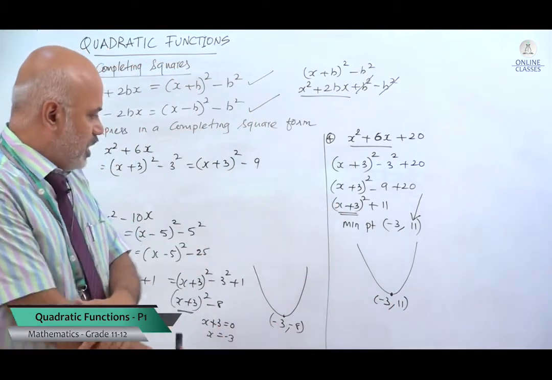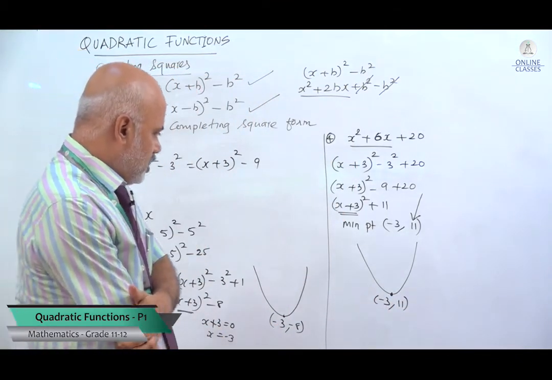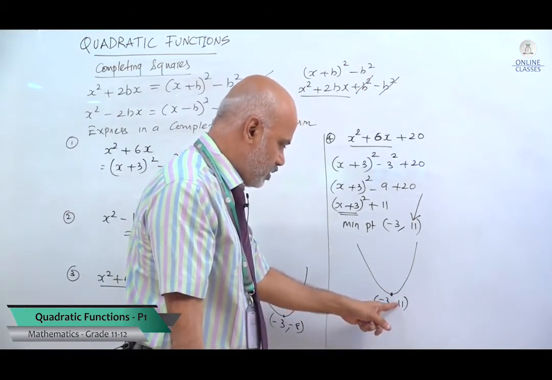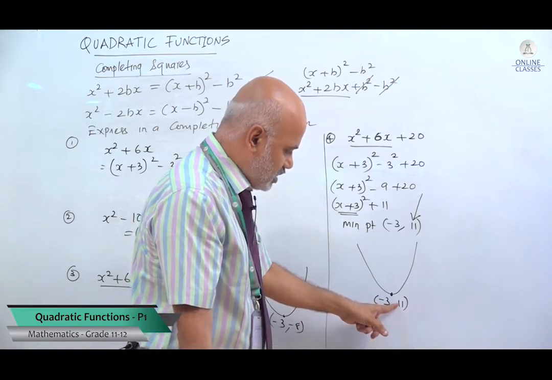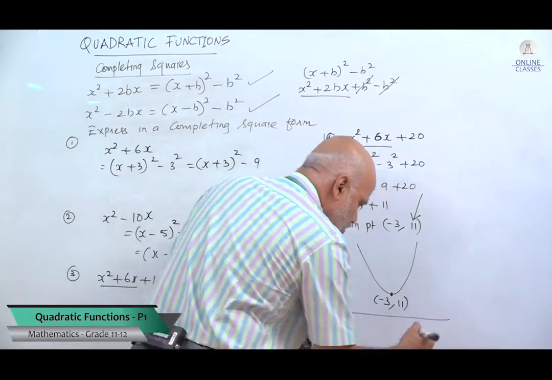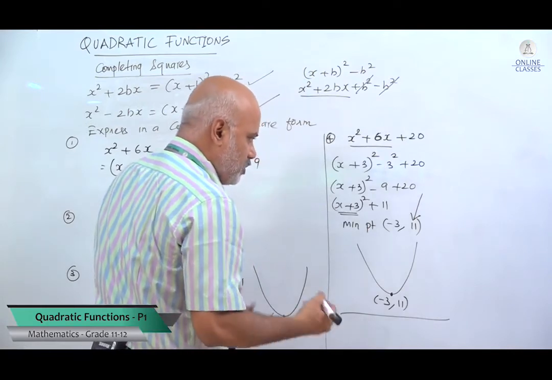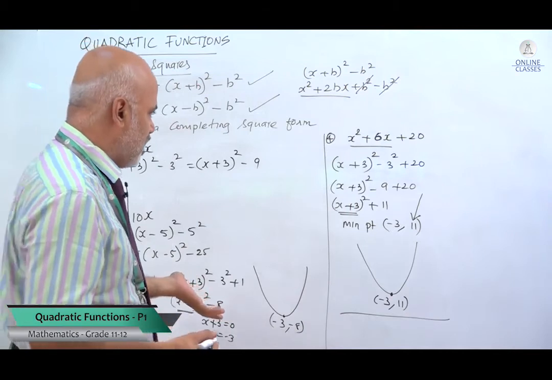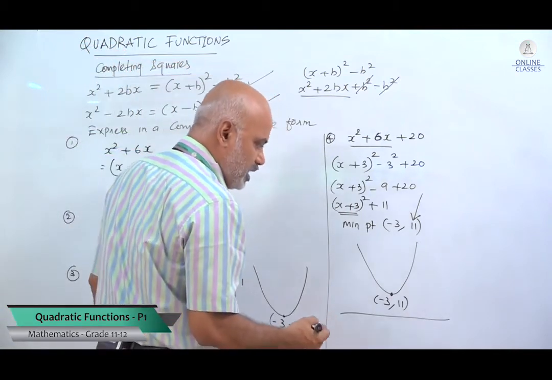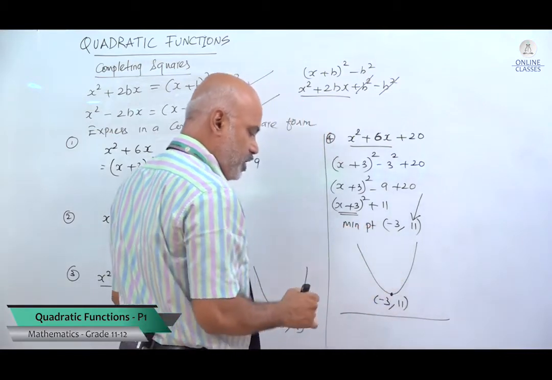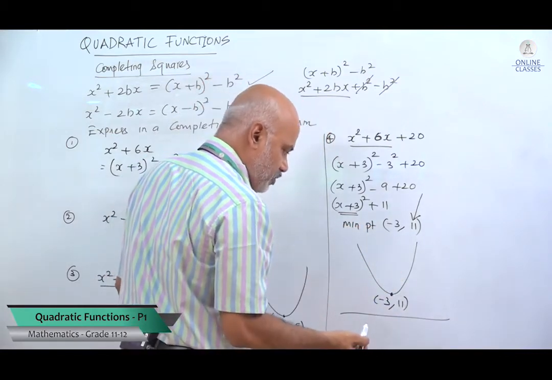Where do you think your x-axis will be? See, this is plus 11. Y value is plus 11. What is the x-axis? The x-axis is y is equal to 0. That means it will be down somewhere else like this. Suppose the question asks me to sketch this graph, I can easily do it like this. So in that case, minus 3, I can draw the sketch and I can find the minimum turning point.